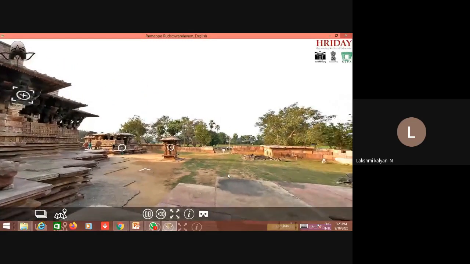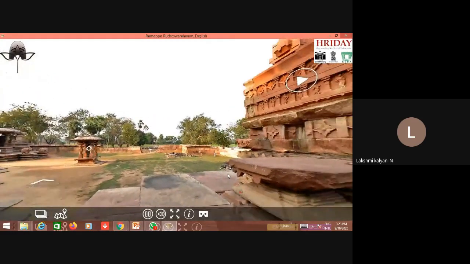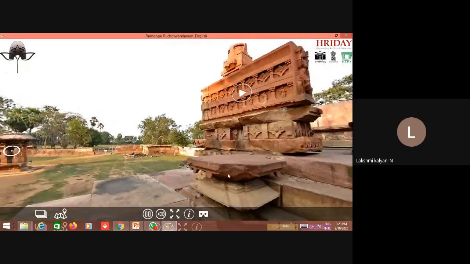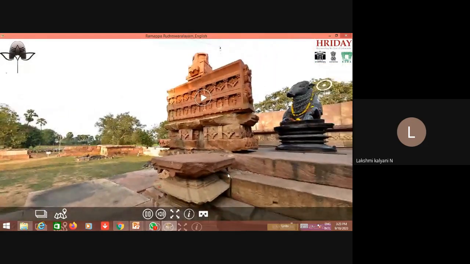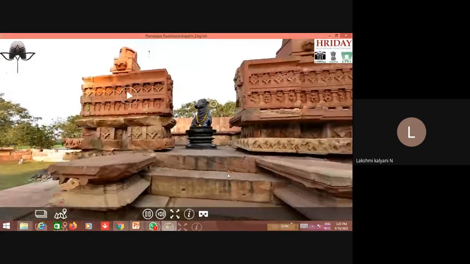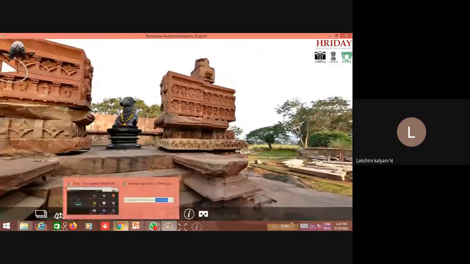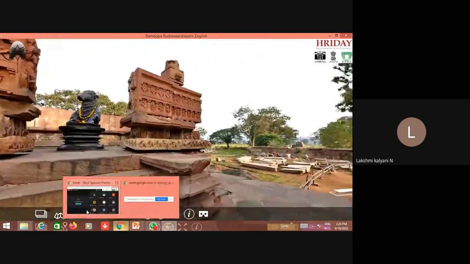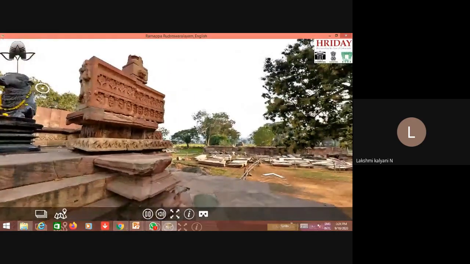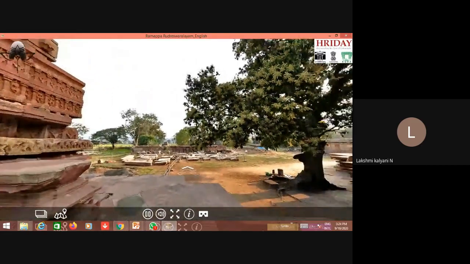One more subsidiary shrine in the north, which is also rich, and also another small temple in the south. Besides the main temple and its subsidiary shrines, the most striking feature of this great temple are the bracket figures glistening like black pearls in black basalt. These bracket figures consist of 12 female figures, almost life-sized in highly polished, intricately carved black basalt, which represent the Kakatiyan art and sculpture.